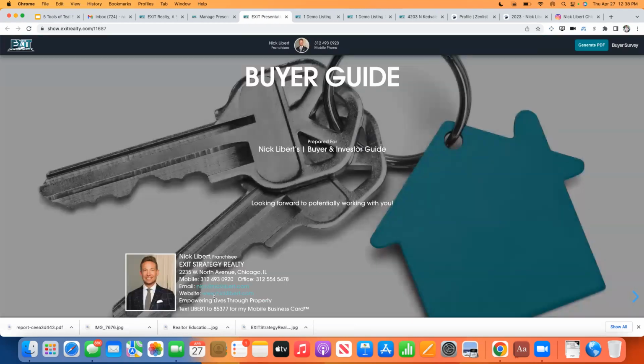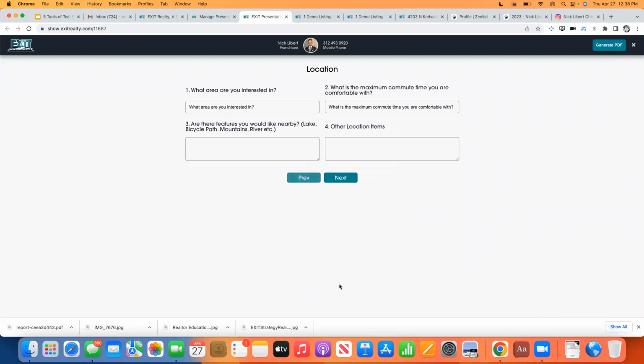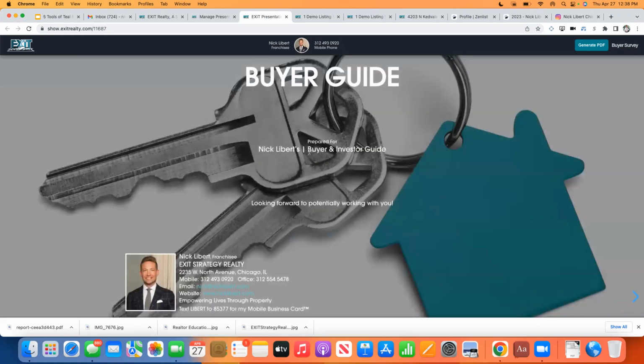So once I show you how to set these up, look what's on the top right-hand side. For those of you guys that love paper, or you have a client that just does paper as well, we're going to indulge them. You can click on generate PDF and print it out. However, when you print out a PDF, what do you miss? The buyer survey or the seller survey. This is so valuable. It's basically like a buyer consult, because if you do the buyer survey, or you send them this